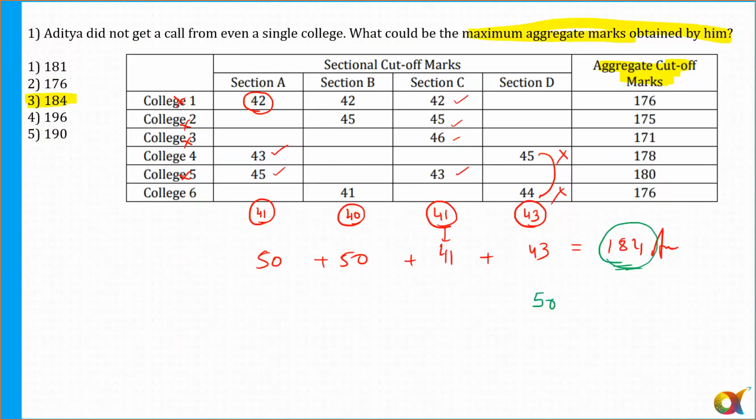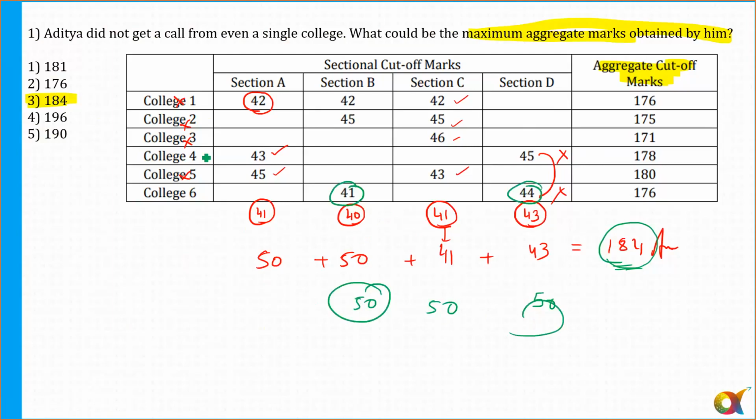Any doubts to anyone? In 3 sections, can you tell me in which 3 sections I should score 50? Batao, किस 3 section में score 50 करूं? I think Nikita is also saying 3: 50, 50, 50 and below 40 in section 1. Okay, so you are saying below 40 in section 1 and बाकी 3 section में 50. Section B में 50, section C में 50 और section D में भी 50. So अब मुझे बताओ B में भी 50, D में भी 50.